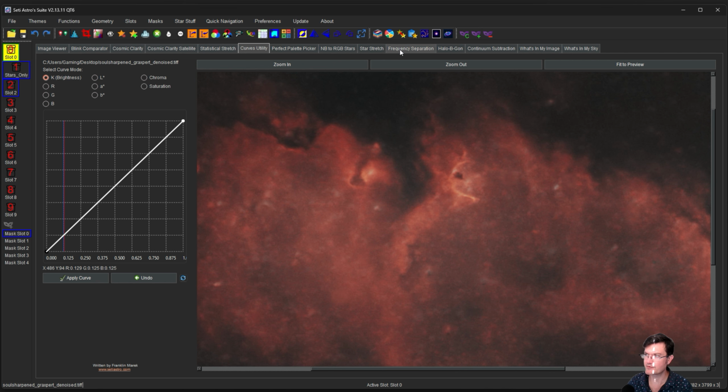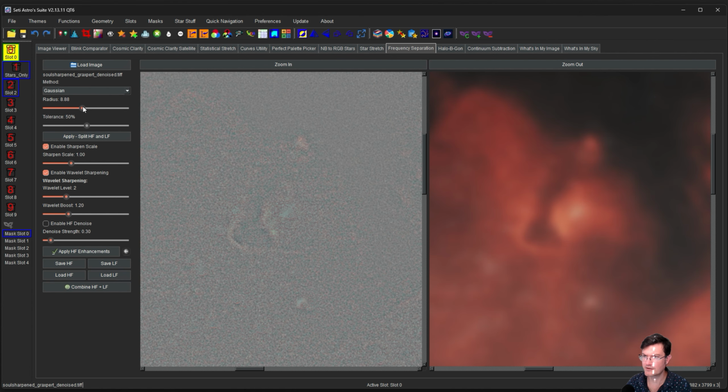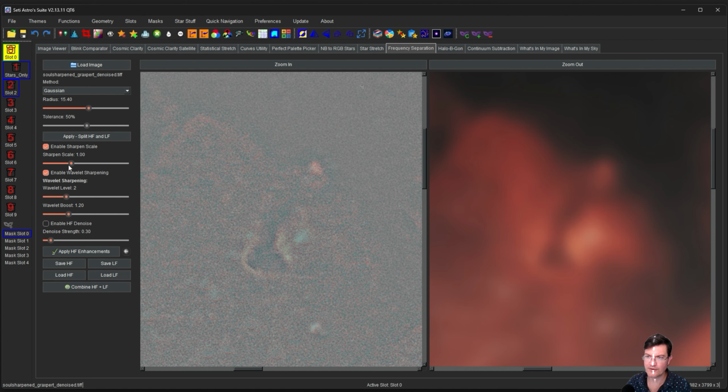So I'm going to go into frequency separation. And it's this broader structure we want to be working with. So it's probably going to be a bigger radius, like an 8. Let's just click that and see what it looks like here. Close, it's probably going to be even more. 15. Okay, now let's go ahead and give it a little bit on the scale sharpening